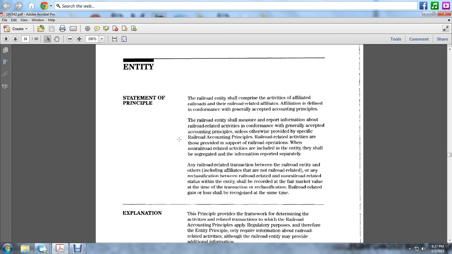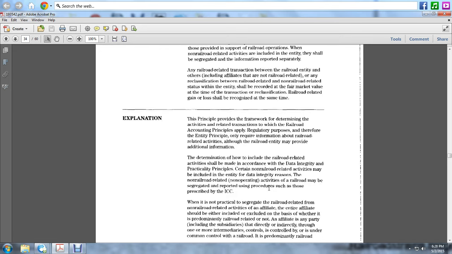Any related transaction between the railroad ETNI and others, including affiliates that are not related to any other reclassification of railroad-related or non-railroad-related status within the ETNI, should be recorded at the fair market value at the time of the transaction. Reclassification gain or loss should be recognized at the same time. The explanation of the railroad